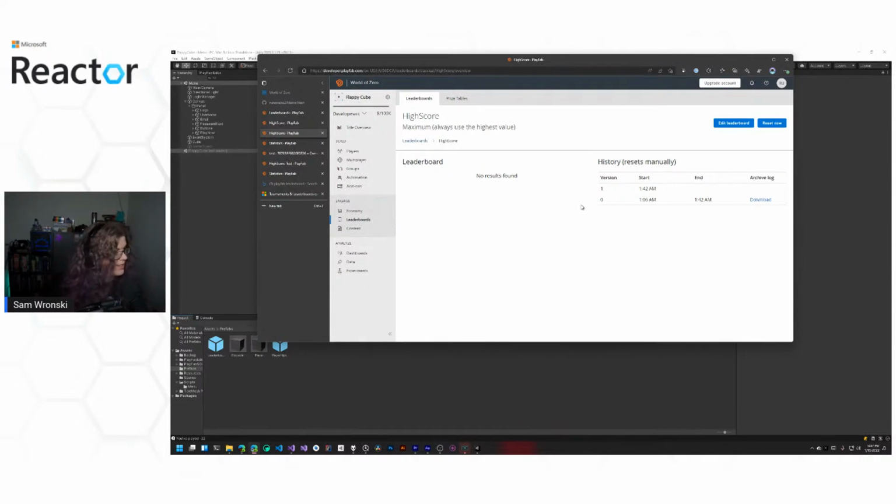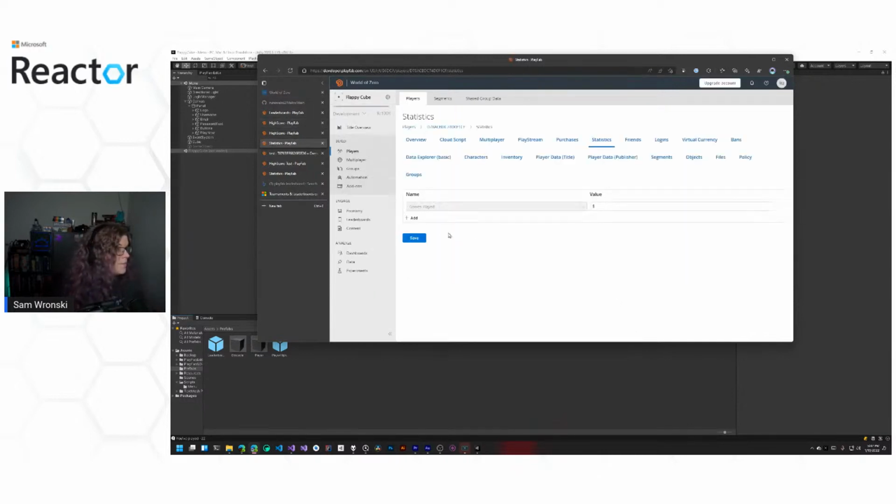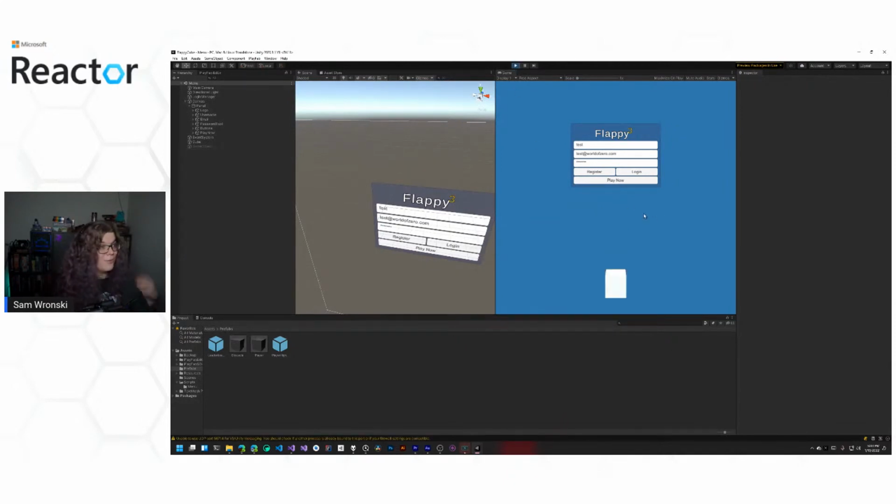So if you want to do seasons, for example, in your game and have stats tracked over a specific season and then reset all of those at the end of the season, whenever that might be, this could be a way to implement that. And then you have a way to actually download what all those stats were at that point. So now we have an empty leaderboard. It also means our players no longer have statistics. So if we go in here and refresh this, high score is gone. We deleted it. So this is a way to fully reset this. In this case, fully reset it by getting rid of it. So if we go and run this again, we'll start recreating those statistics for that user.